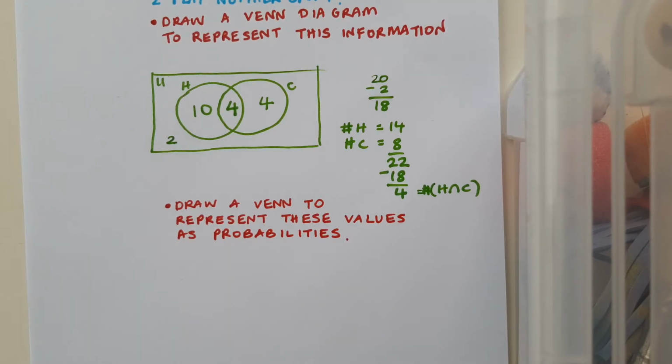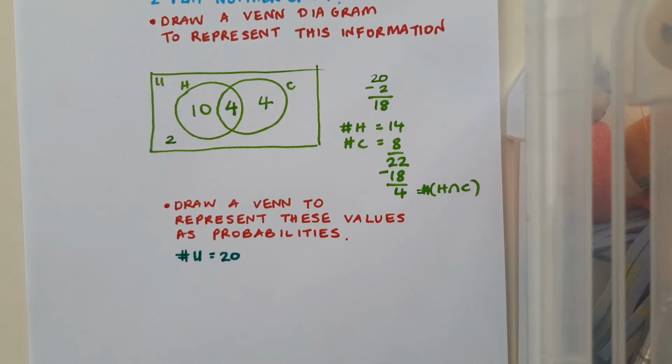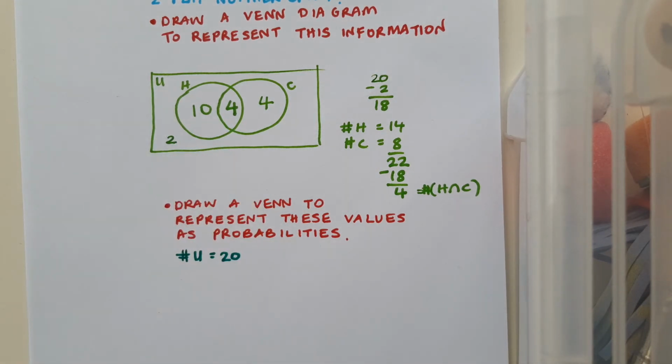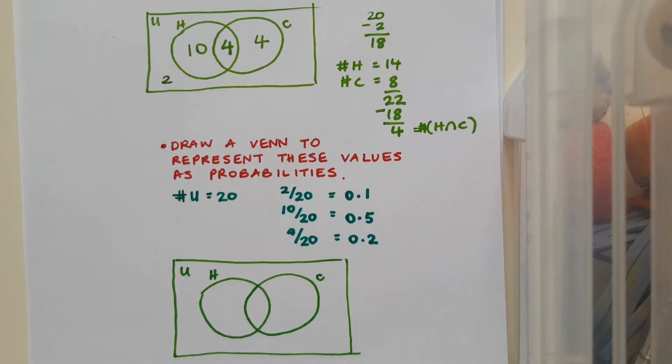Next, I want to draw a Venn to represent these values as probabilities. Well, I note that the cardinal number of my universal set is 20. So what I'm going to do is take each of my individual cardinal numbers in my original Venn diagram and put them over 20 to get the probabilities. And I can write these as fractions or as decimals. And it's probably a little bit neater to use decimals when filling it into the Venn diagram. So we'll go now and we'll redraw our Venn and put those values in as the probabilities instead of the cardinal numbers. So I'm putting 0.1 on the outside,